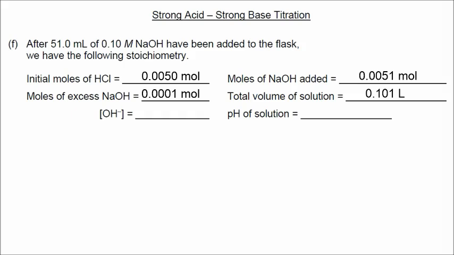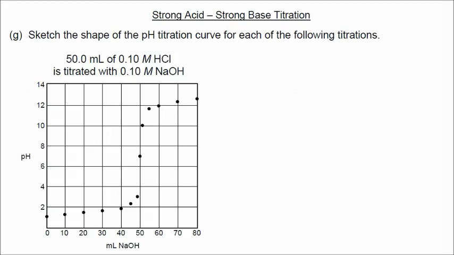Our concentration of hydroxide is 0.0001 divided by 0.101. We take the negative log of that, and we get a pH of 11 since the pOH is 3. So again, in the space of 2 milliliters, our pH has jumped from 3 to 7 to 11. That's an incredibly rapid rise in pH as you approach the equivalence point and then you go past the equivalence point. So here is the general shape of the pH titration curve for the strong acid being titrated with a